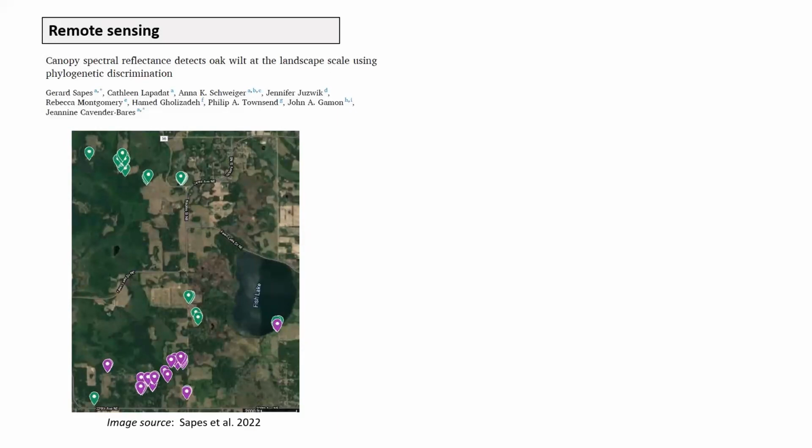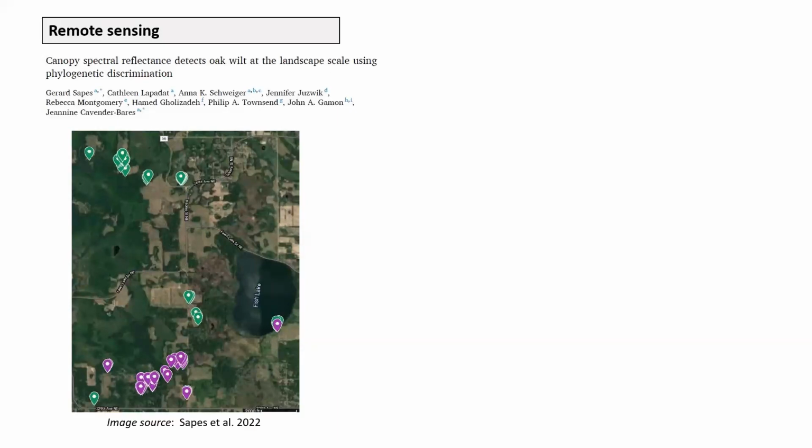And then the second step was to distinguish red oaks from white oak species. And then thirdly, distinguish diseased trees from healthy trees. And here the purple represents disease, the green healthy. And these were all, the healthy disease was based on known